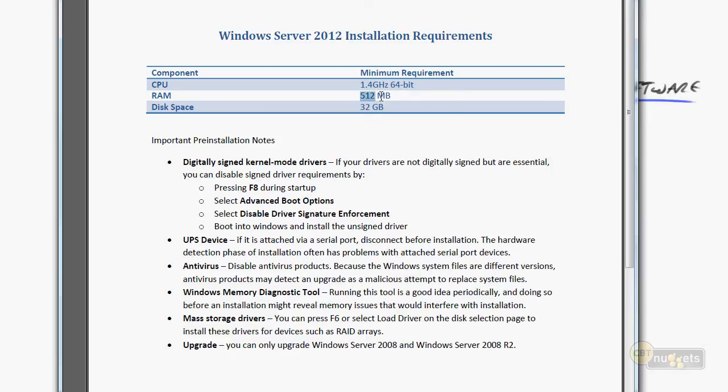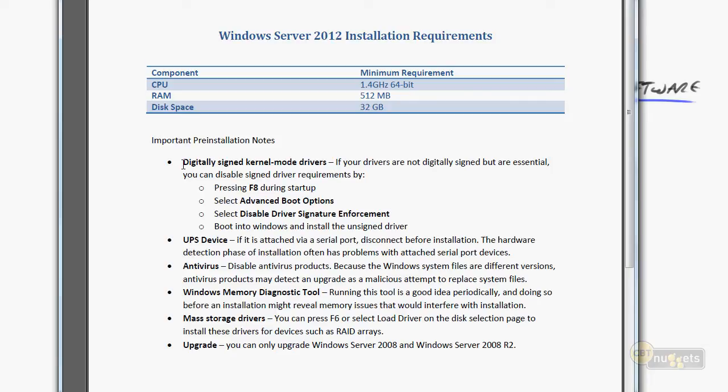Also, only 512 megabytes of RAM. Now, of course, that's very dependent on what you need to run on it. If it's a pretty thin core installation that only has a very small, simple service that it's running, something like that, probably would be just fine. You really don't need much more than that. And again, here only 32 gigabytes of hard drive space, although everything is gigantic now and terabytes of size and so on. There's also some other things down here which I won't elaborate on too much. They pretty well explain themselves if you read the document.